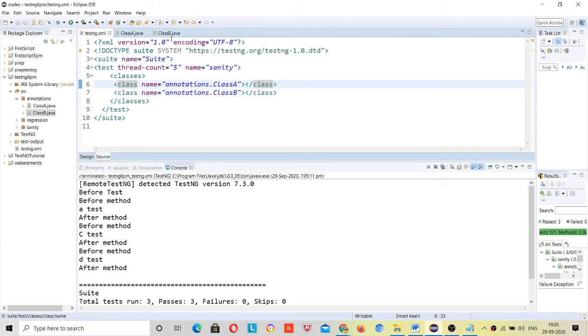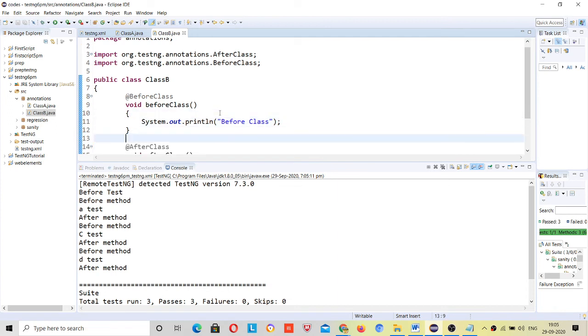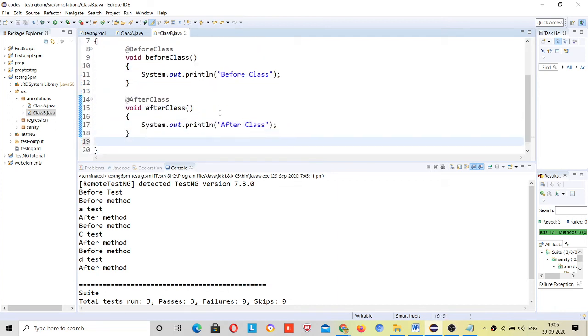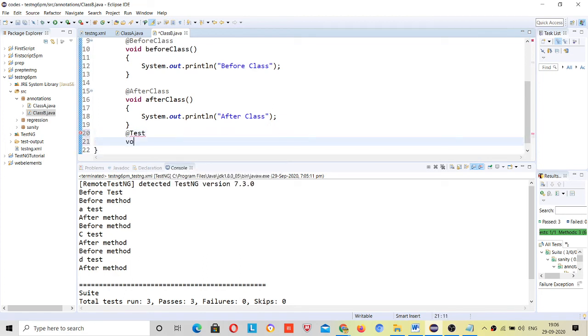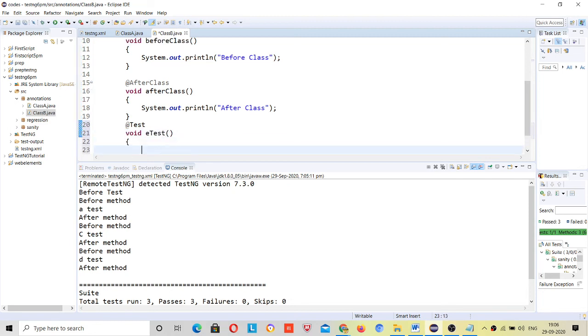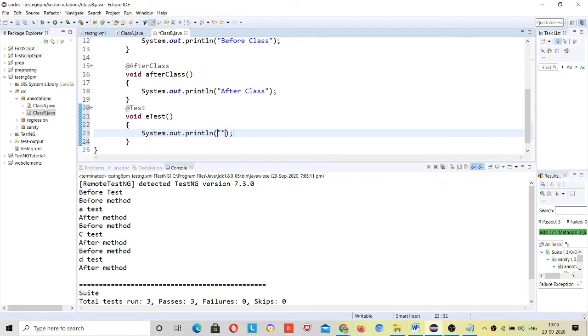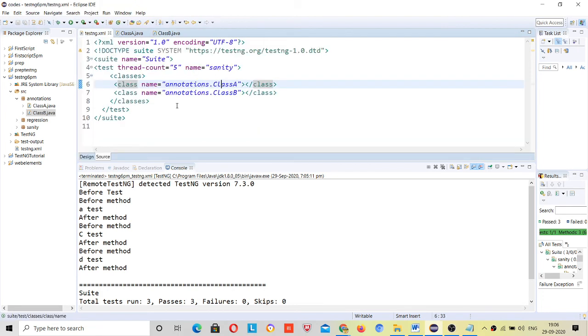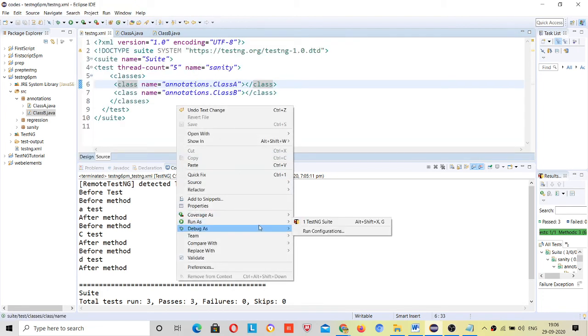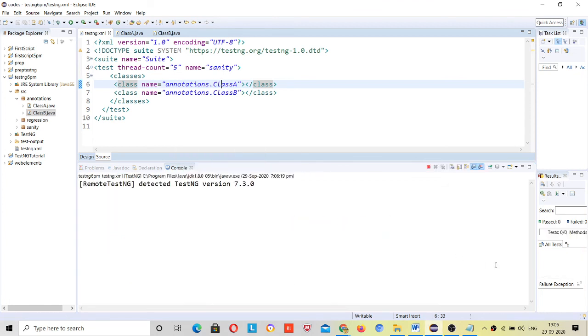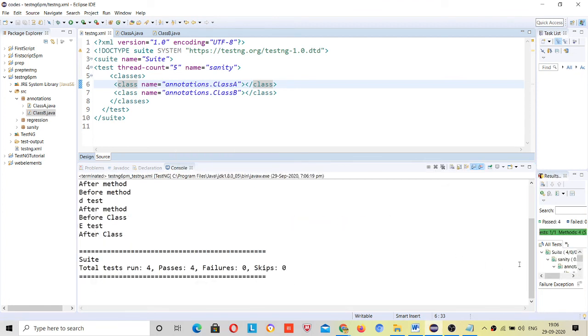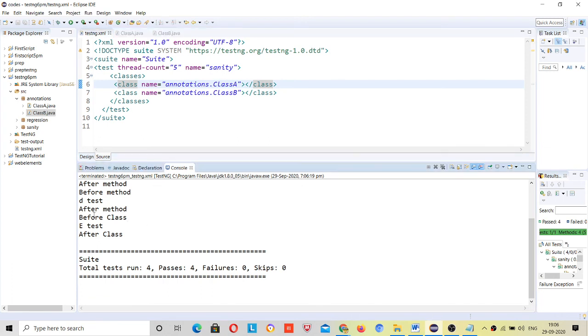Class A, class B. Let me create a method here. At the rate test, void test. Okay, before class and then e test and then after class.